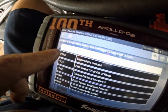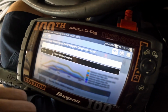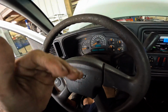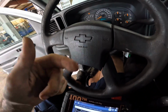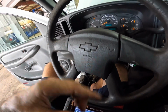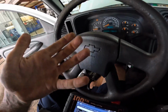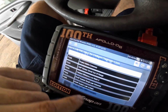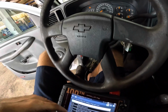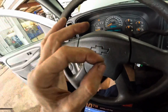Oh my gosh, P0128, coolant thermostat. That code usually indicates that the coolant temp did not come up to temperature within a predetermined amount of time. One can often hypothesize that the thermostat is stuck open or has a leak at the seal. It won't leak externally, but there's excessive coolant flow, so it takes extra long to come up to temp. That probably indicates it just needs a thermostat. What I would normally do with a 128 is just pop the thermostat out and inspect it. If the thermostat's good, then there may be some other issue, but 99.9% of the time, it just